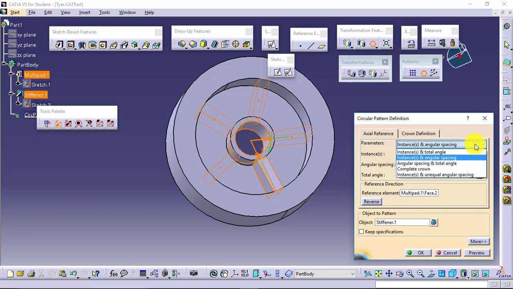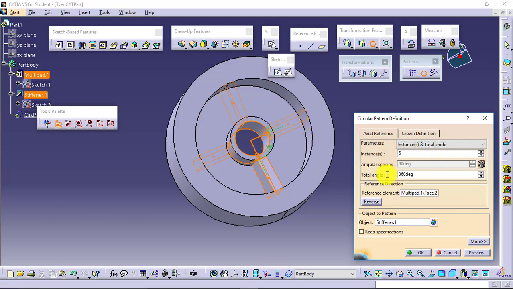Yes, what values you have. If you have instances and total angle, I want 5 quantity in 360 degree, you will get 5 quantities in 360 degree. You can see one is overlapping over here. If you have instances and angular spacing, then you can give that, and you will get the result.